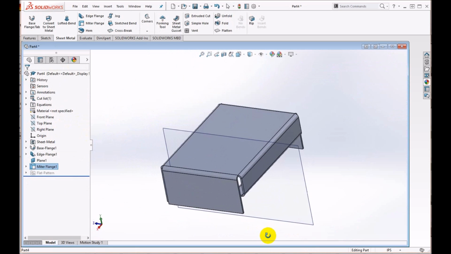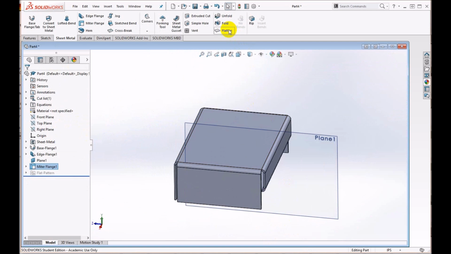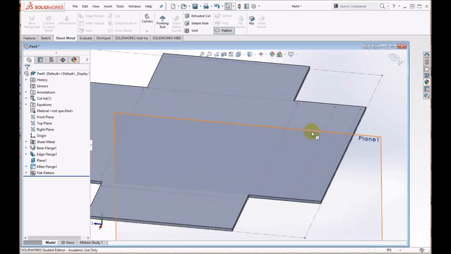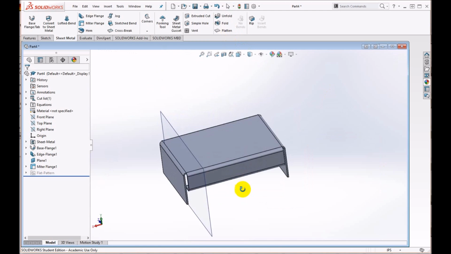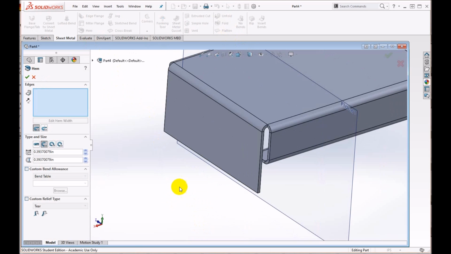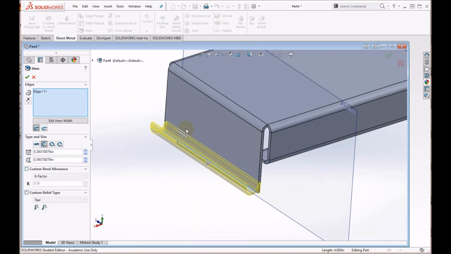If I want to see what it looks like in the flattened condition, I can always flatten it and open it up. Now it's showing me a few more bend lines. I'll unflatten it. Let's add one more feature to this and then we'll be done. We're going to add a hem to the three straight sides. So we'll add a hem here,